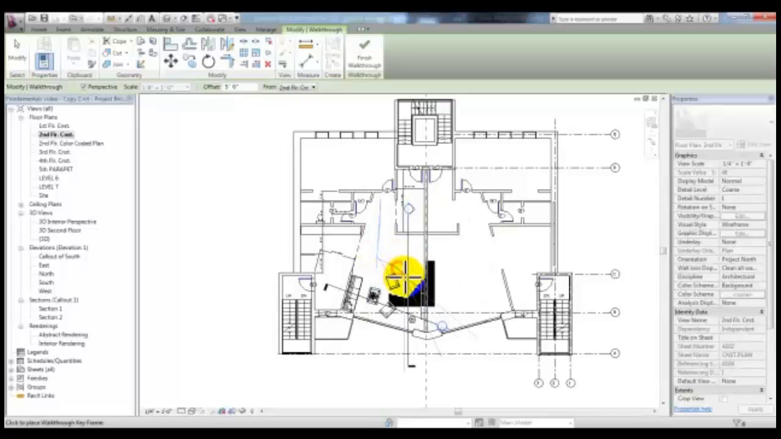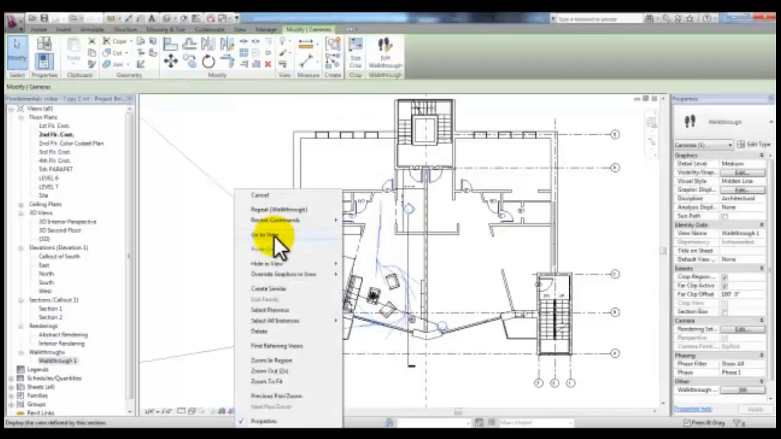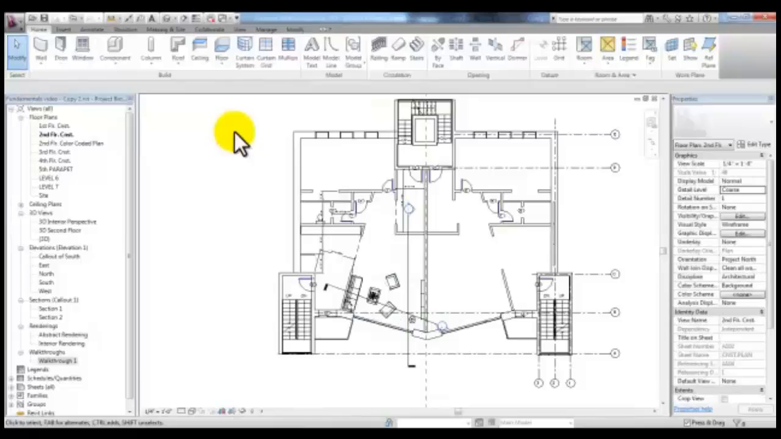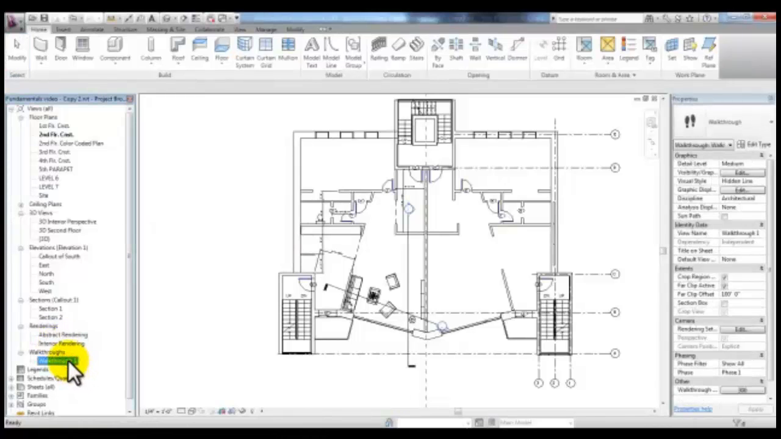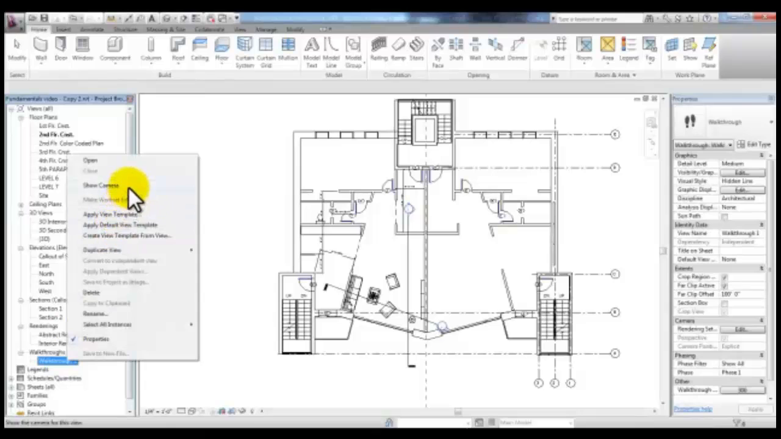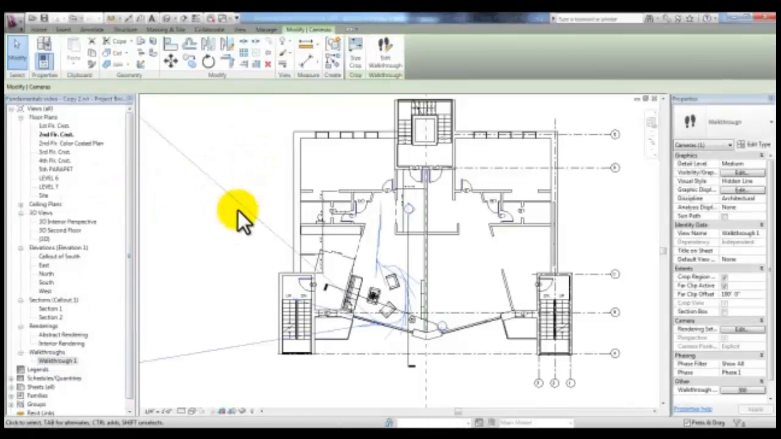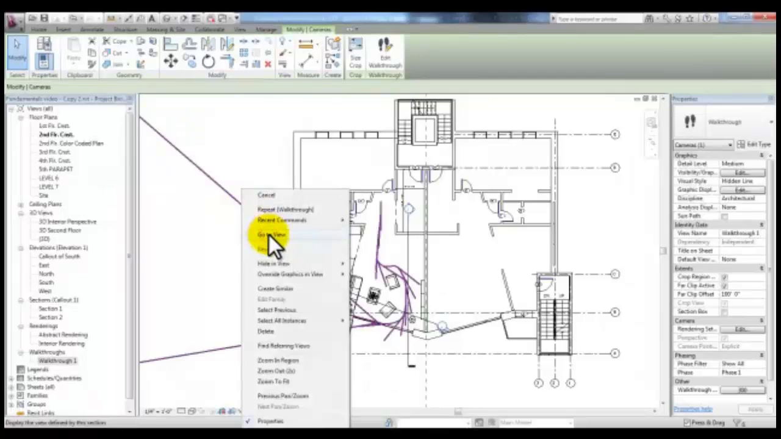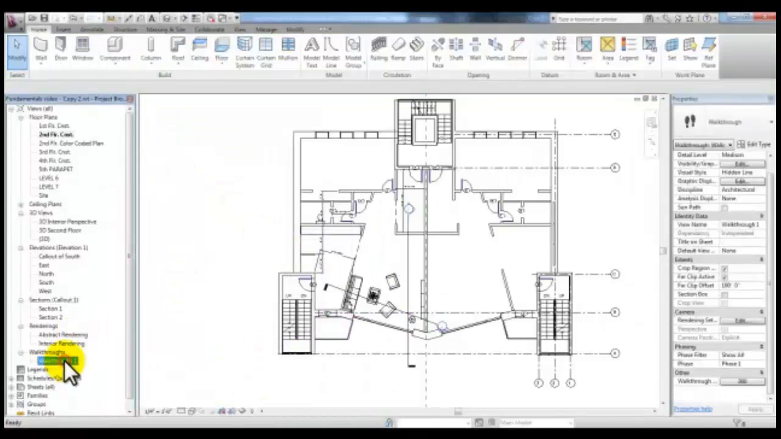You can turn corners, and when you're done, pick Finish Walkthrough. If you right click, you can go to the walkthrough view, or if you clicked in your screen and no longer have the path, you can highlight Walkthrough 1 in the project browser, right click and pick Show Camera, and then here right click and pick Go to View, or just double click on Walkthrough 1 in